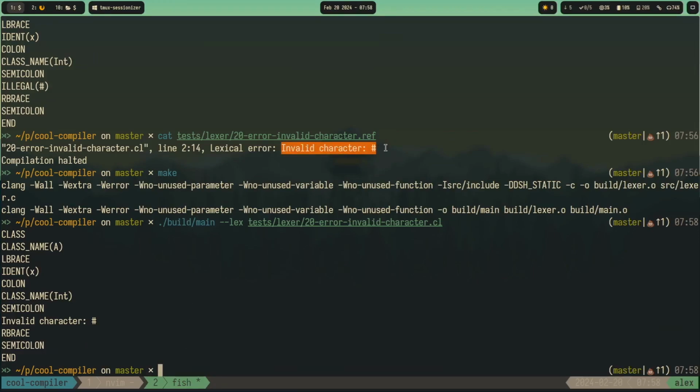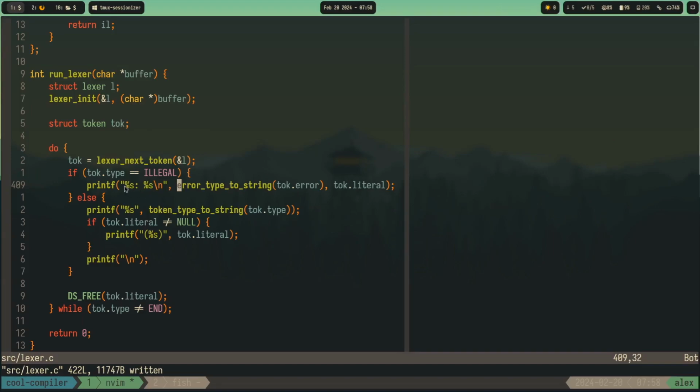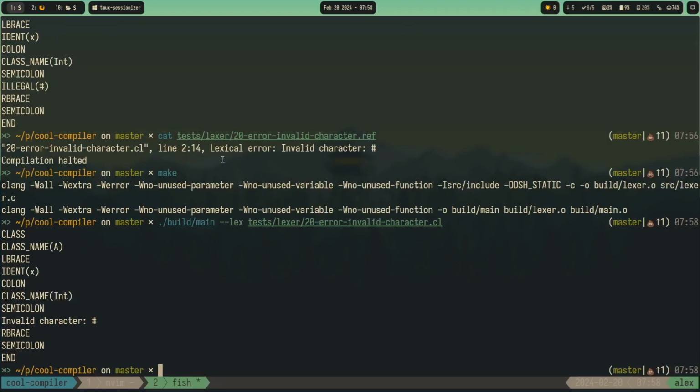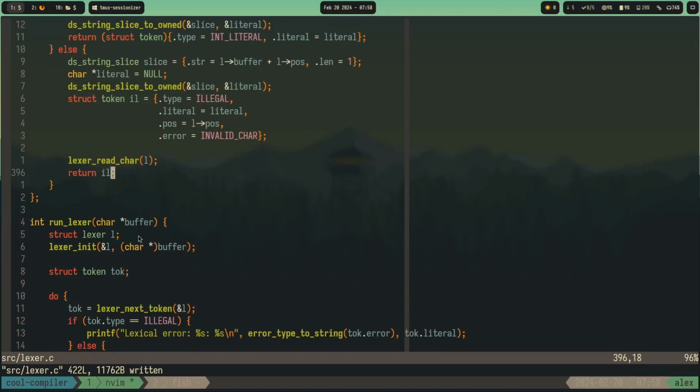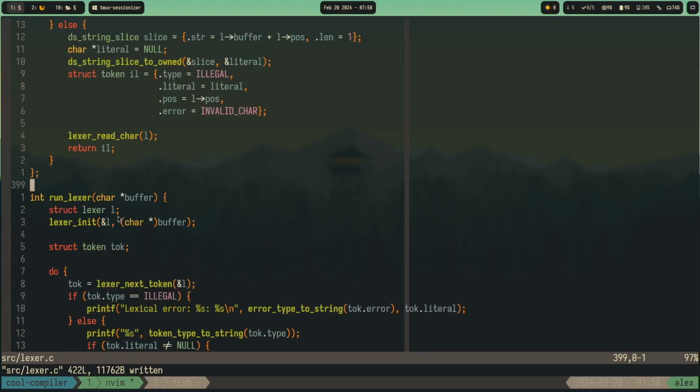I mean, it's the same thing, but we need to say the file, the line number, and the fact that it's a lexical error. Let's copy this. I mean, that's easy to do. And now, let's do the line number, because maybe that's interesting to see how to do it, right? So let's say